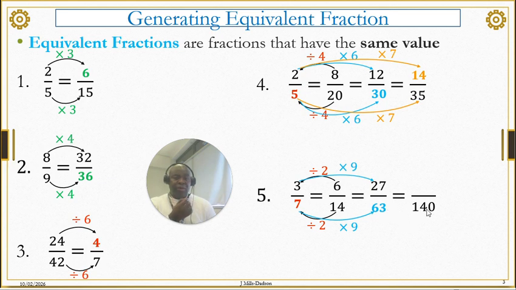Then we check what number to move from to get to 140. Either 14 or 7, whichever will work. So I'm choosing 14. 14 times 10 is 140, and therefore 6 times 10 is 60. So therefore we can say 3 over 7, 6 over 14, 27 over 63, and 60 over 140, they are all